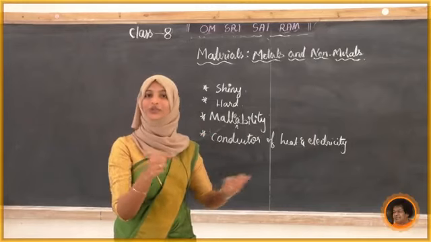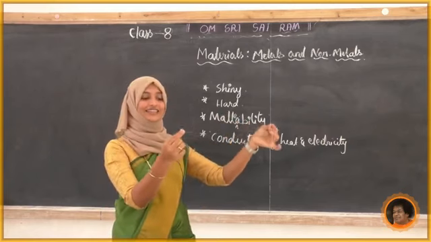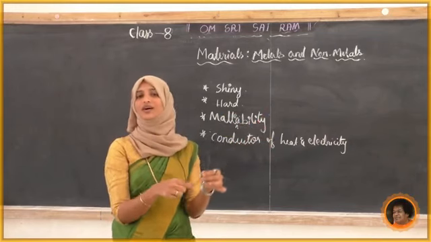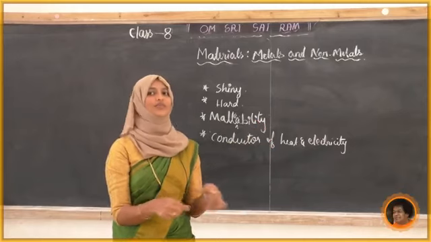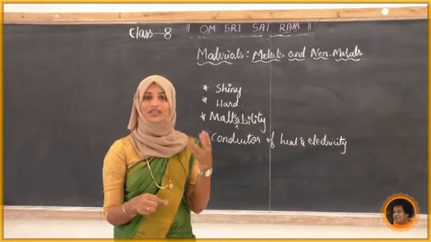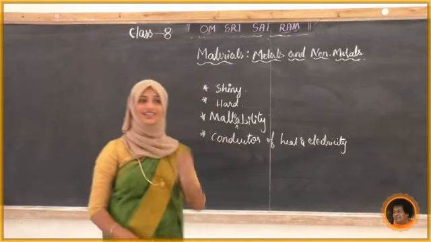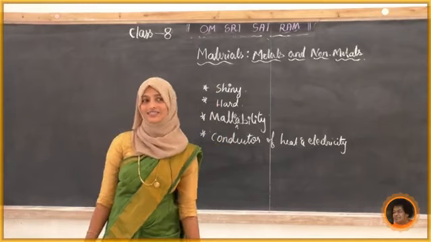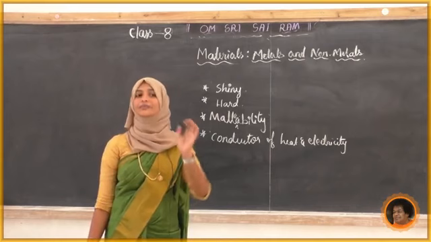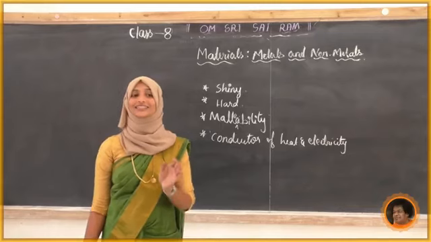See, before we came to know that they can be drawn into a sheet. Now see one more characteristic. It can be drawn into wire. See how thin it is. Very thin wires they can make, because of that they can give such a shape to gold, silver, and copper. Yes, such a property is called ductility of metals. What does it mean? The property of metals by which they can be drawn into wires is called ductility.